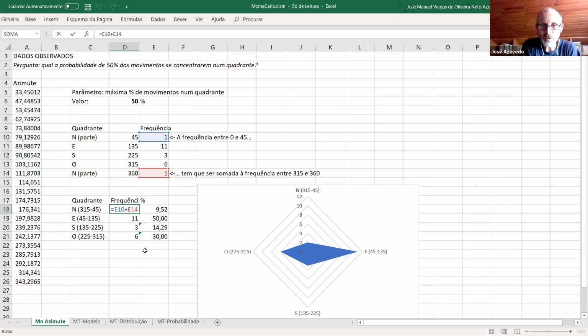Then I have to bring them together here. So that's what I did. So east is just 11, but north is 1 plus 1, right? Okay, and then I've calculated it wrongly. Oh, yeah, whatever. So I've calculated the frequency of this. Okay, so